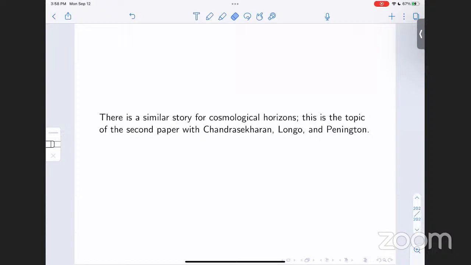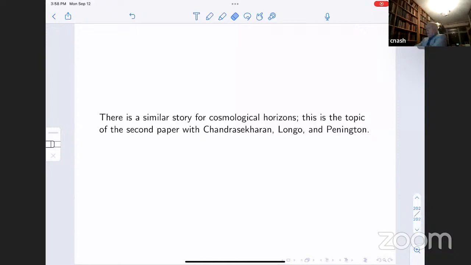Sure. Jeff seems to be next. I guess, hi Edward, thanks for the nice talk. At the beginning of the talk, you showed a picture due to Wheeler of an event horizon of a black hole with